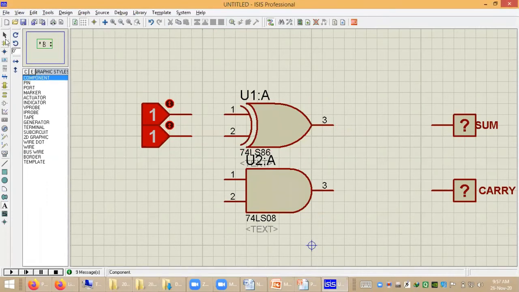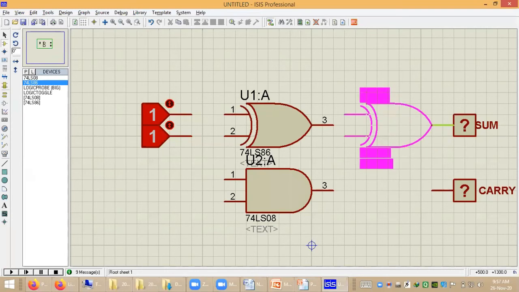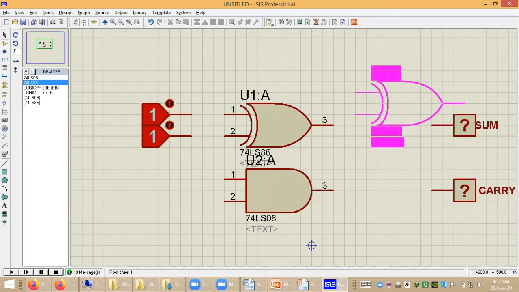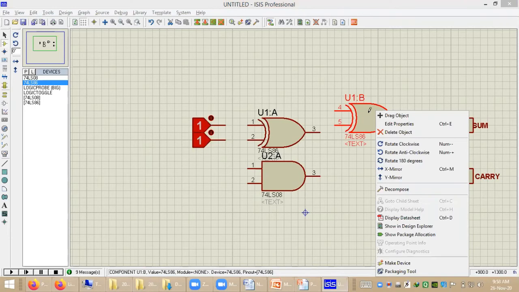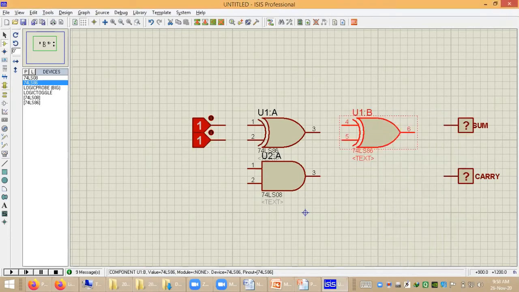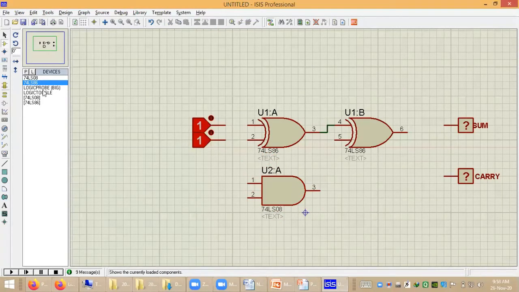So here just place 7486, and one more 7486 is required, and the third input is also required, so a logic toggle is used here.